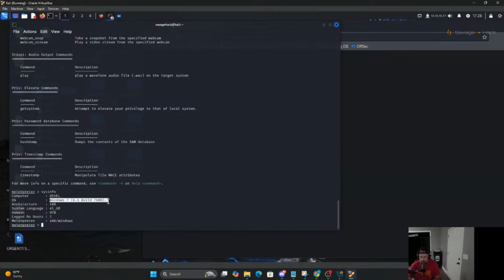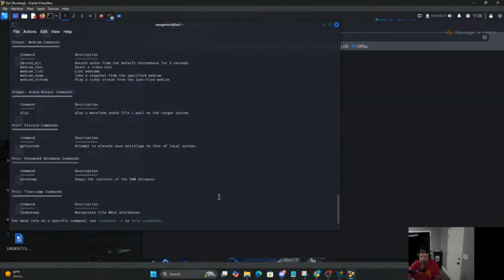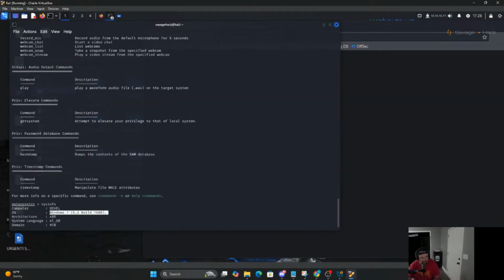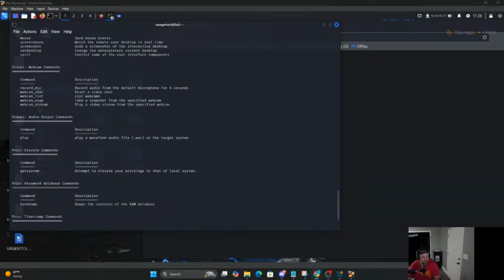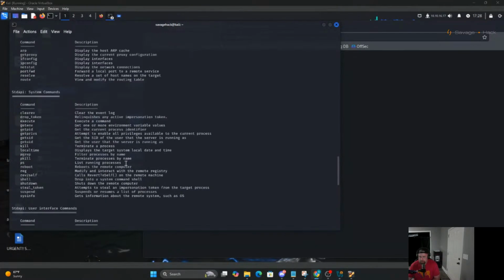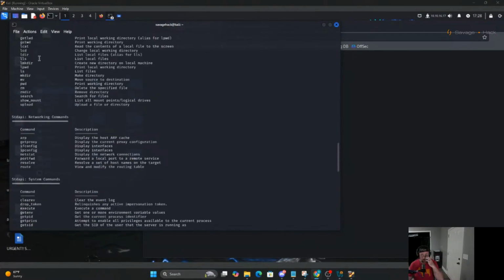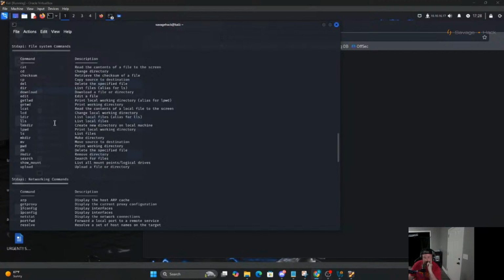Windows 7. Dear God. I bet you there's an exploit for this. Oh, man. Trying to remember all these commands. Like, it has them all listed, but